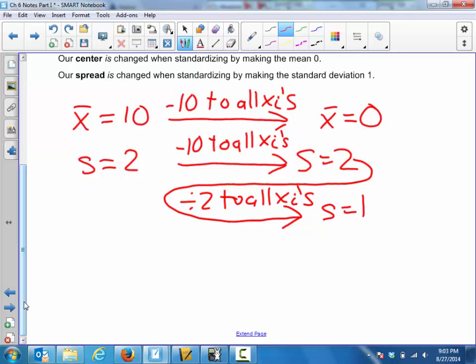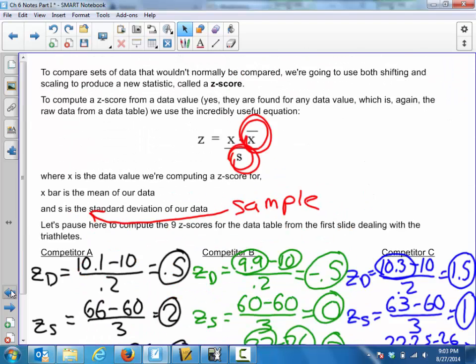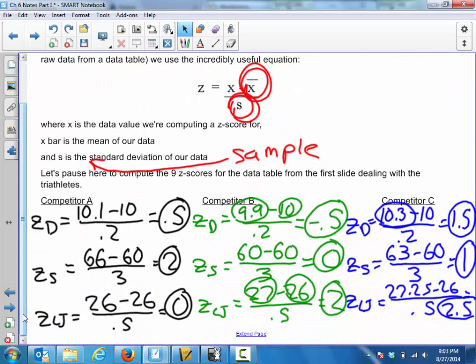divide all the data values by 2, that will change my sample standard deviation to 1, because we know that scaling measures of spread affects them by that scaling constant. If you divide by 2, sample standard deviation is divided by 2. If you multiply by 2, it gets multiplied by 2, etc., etc. So the takeaway on this, basically,